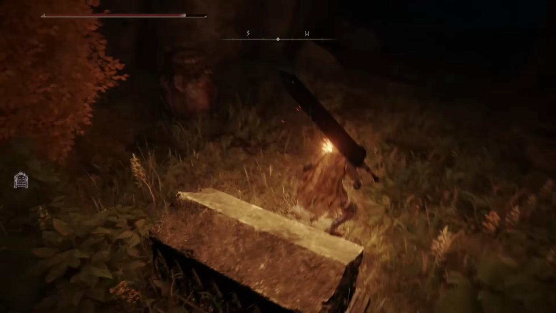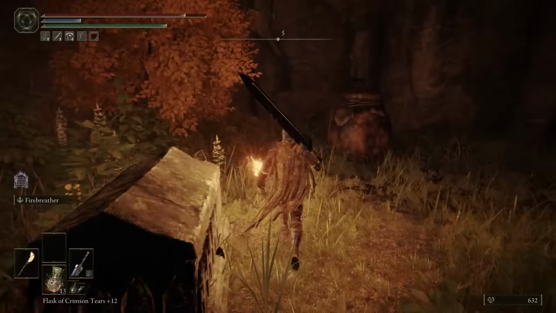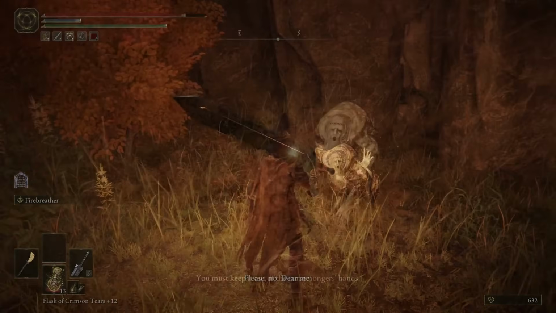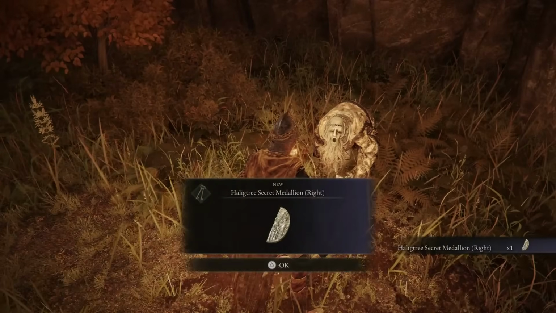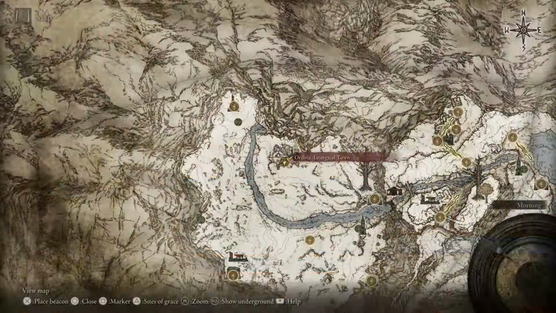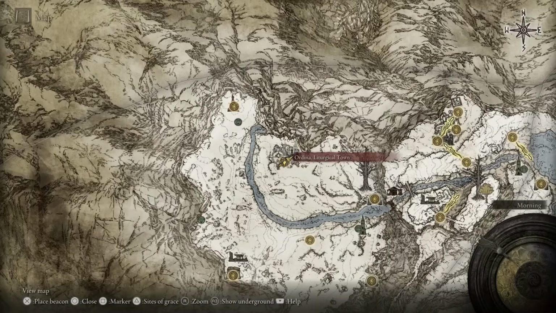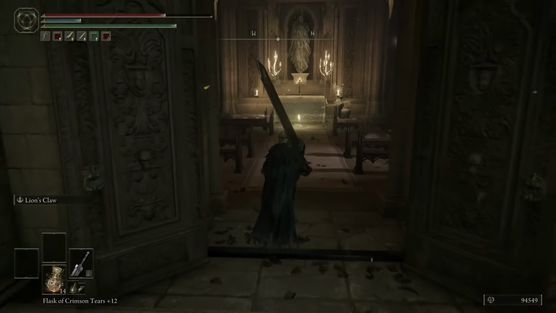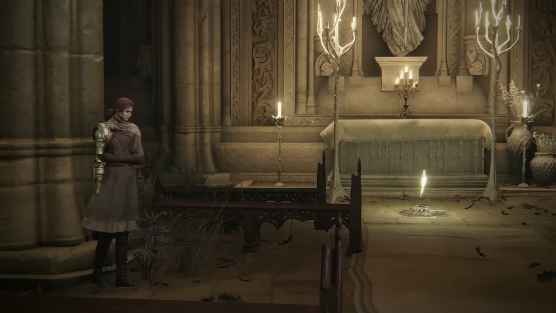You'll have to find Albus the Albinoric, who's hiding disguised as a giant pot. Just roll into it and you'll break the illusion. After talking to him, Albus will give you the other half of the medallion. Finally, you'll have to solve the puzzle of Ordina Liturgical Town, located here on a map, in order to reach Miquella's Haligtree. Work your way down, and at the Prayer Room Site of Grace in Alphael, Brace of the Haligtree,